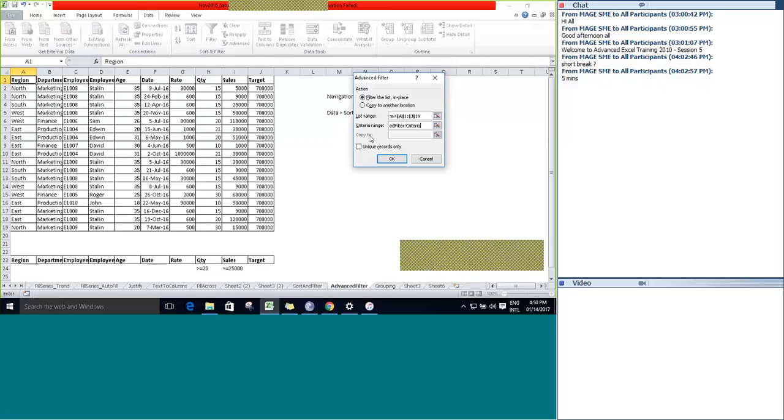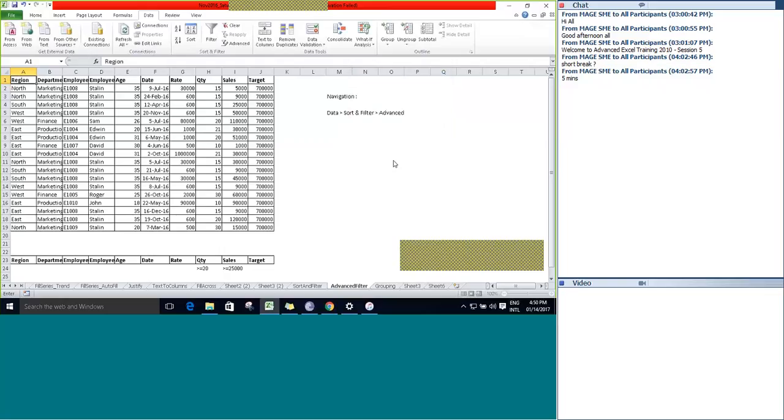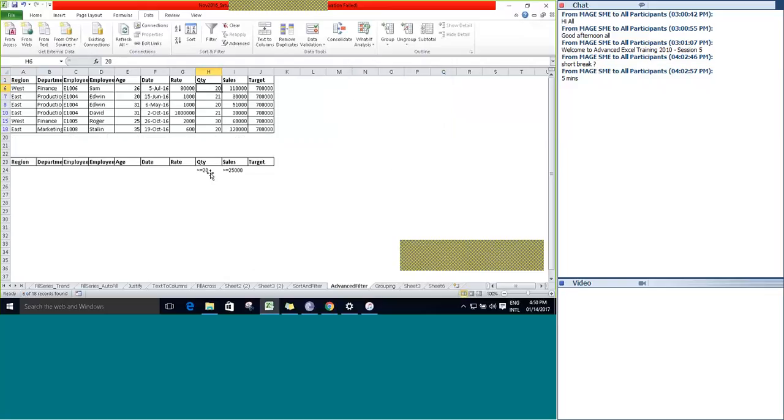And here you can see something called unique records only. If you select unique records, duplicate records will be ignored, only the unique rows will be considered. Click OK. Now you can see the rows with quantity greater than or equal to 20, along with sales greater than or equal to 25,000.